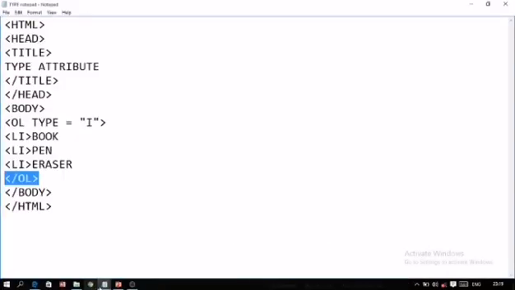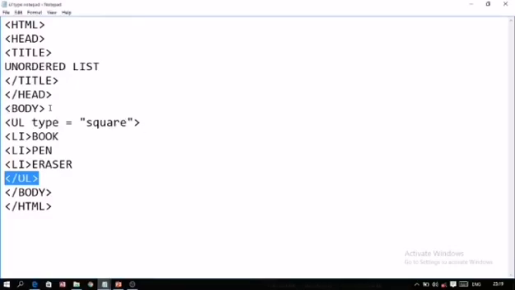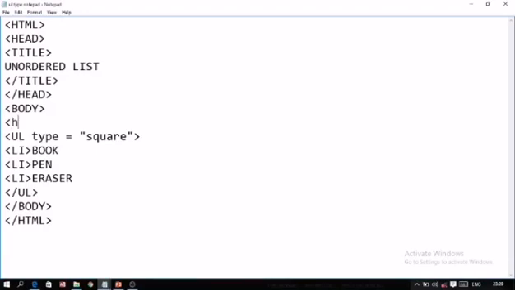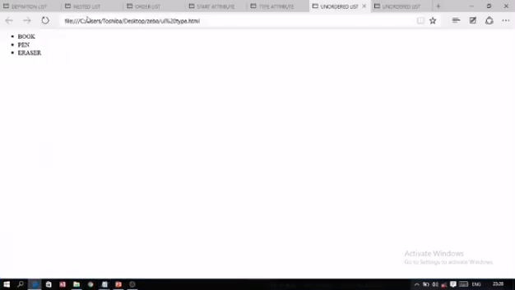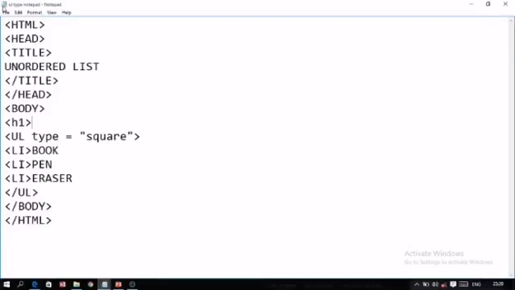Here the size is small, therefore maybe you will not be able to see it clearly. So I am making a small change in the program right now to explain this. I am just increasing the size by using one of the tags. Then you will find the difference in this program. You can see it clearly then. Type attribute.